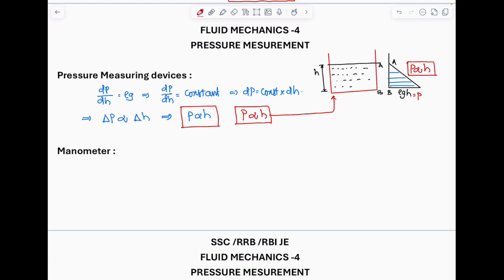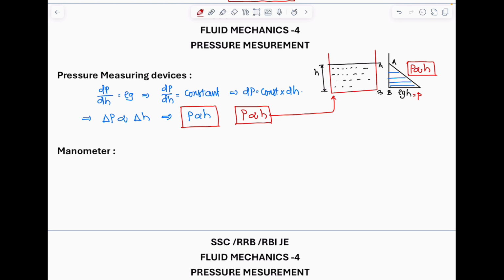H is equal to 0 means pressure is equal to atmosphere, which we have taken as the datum. I don't say it's 0, it's a datum. With respect to the datum, we have drawn the graph, drawn the triangle. Now, using this principle,